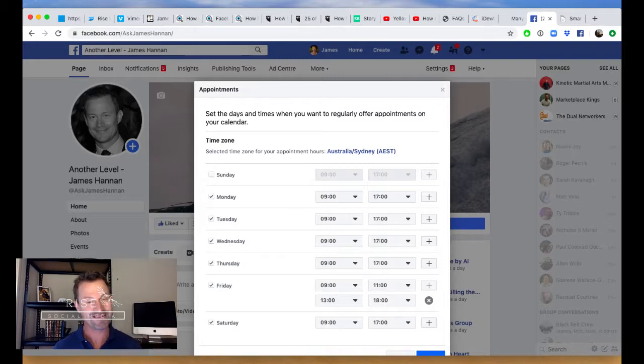Now, the great thing, the amazing thing about this, is that if I use my phone and I put something in my calendar on my phone,